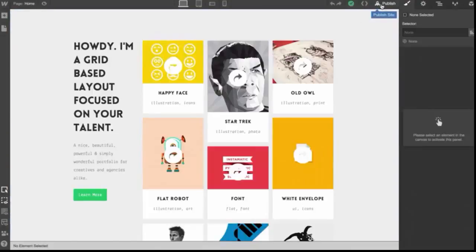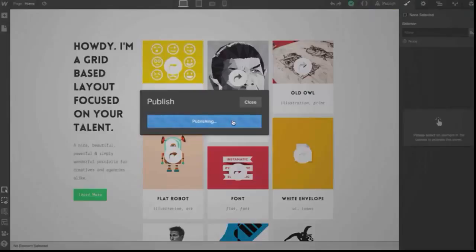Lastly, we have the Publish button, the magic little link that will take your site live for the rest of the world to see. Simply click